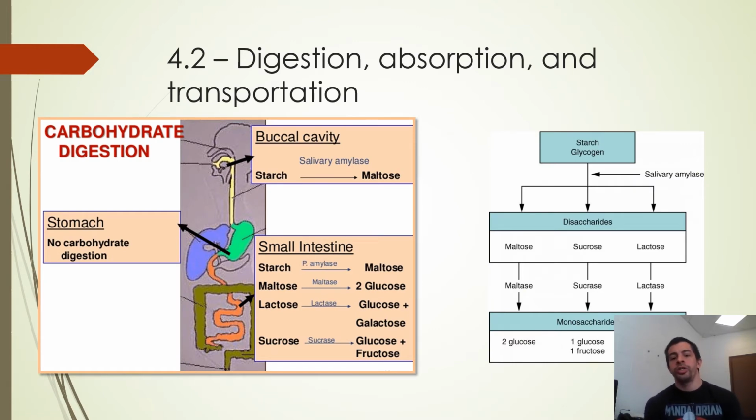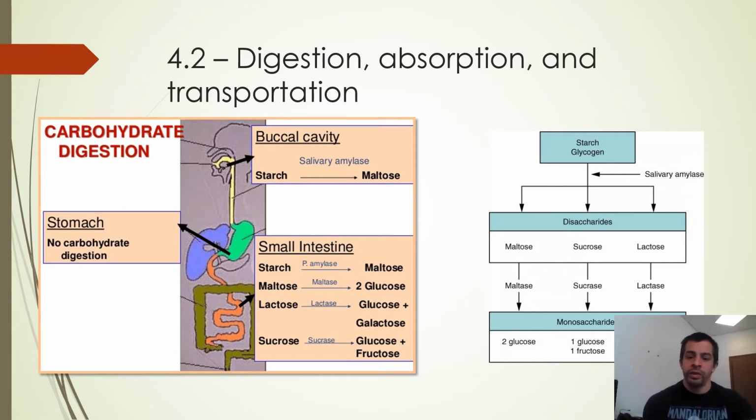All right, digestion, absorption, and transportation. I felt a couple graphics were probably easier to explain digestion. So we start with the mouth and the esophagus. The mouth and the esophagus are going to produce salivary amylase, which really does the majority of the digestion of starch. We want to break starch down as early as possible because it is a complex carbohydrate that can't be utilized in its current form. It's got to be broken down. If you look at the graphic on the right, it's got to be broken down into disaccharides, which inevitably are broken down into monosaccharides.